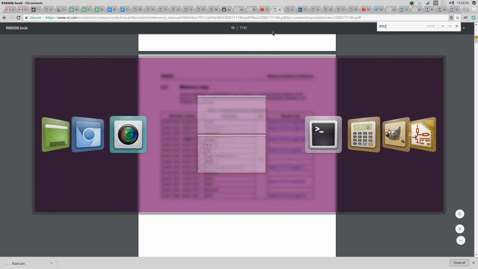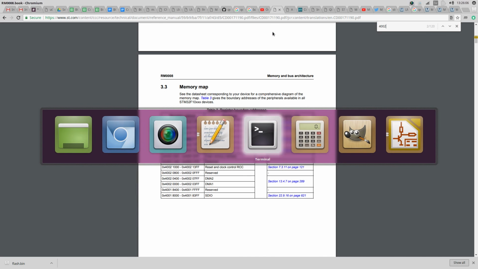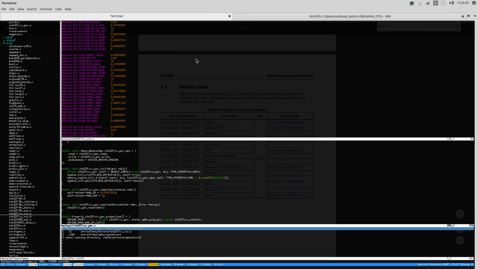In this video, I'm going to be showing you how to add a new device simulation to the QEMU source code. So I'm going to be working on STM32 because STM32 support is not very well supported in QEMU at the moment. There are two basic repositories that implement some support, but I think that the current support that is available is not very good, and primarily it also doesn't allow you to really trace in detail what the firmware